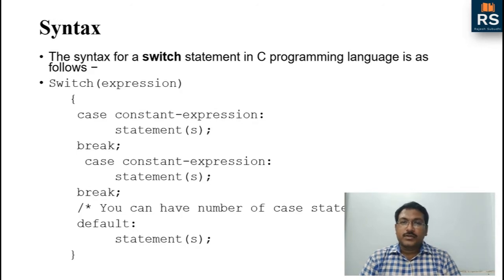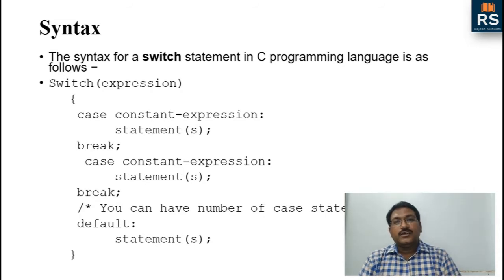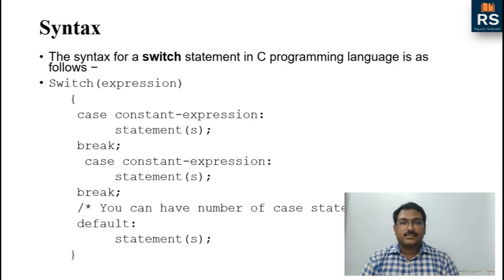That means, in a simple way, the expression written in the switch is just a value. There is no condition. That particular value is tested with the constant values of each case. Wherever the expression of the switch is equal to the constant expression of the case, that particular case's statements will be executed. After executing those statements, break will be executed. When the break is executed, it will automatically come out of the end curly brace of the switch statement.